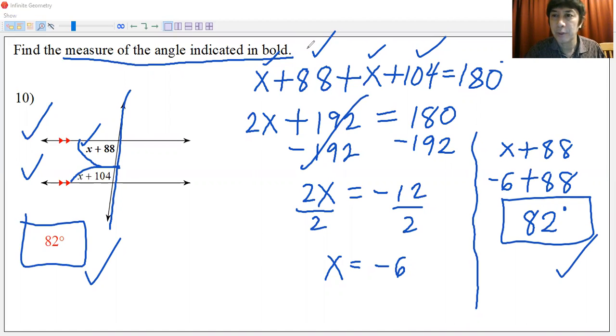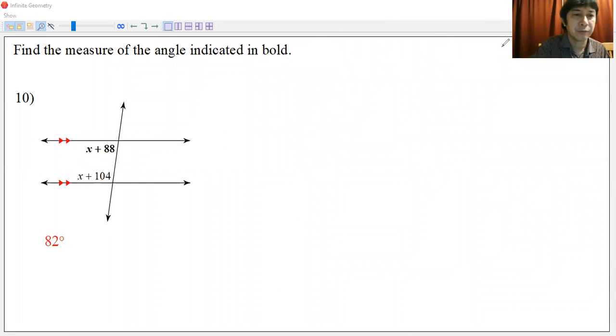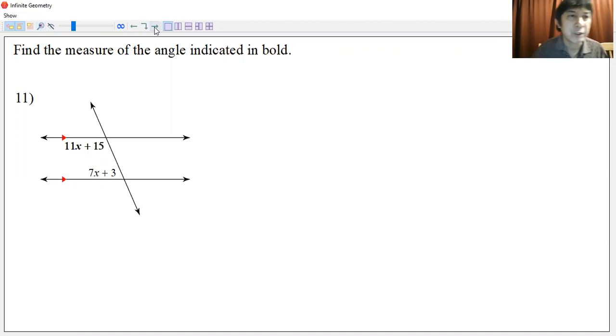Let me go to number 11. Let's continue with number 11. That's 82 degrees. Let me remove the answer first. Let's continue with number 11. Here's number 11. Find the measure of the angle indicated in bold. This looks like another pair on the same side of the transversal, and they're both interior, and the two